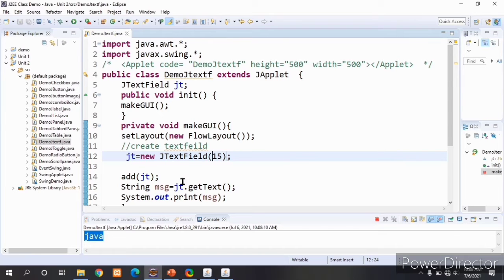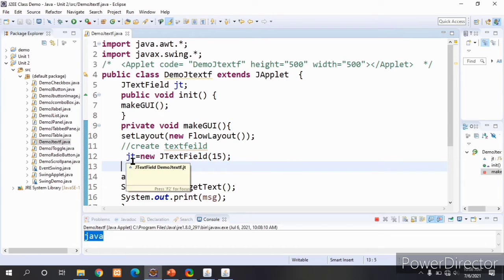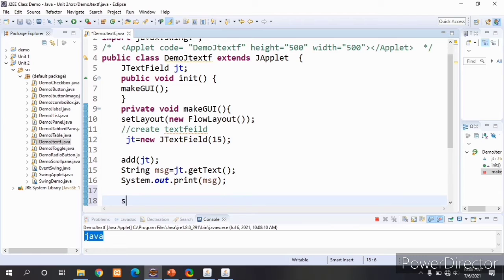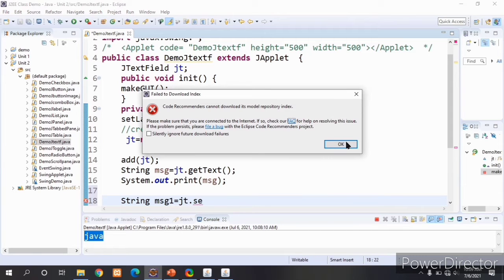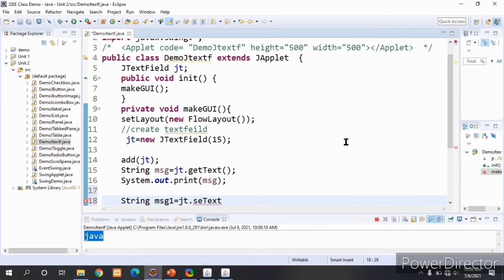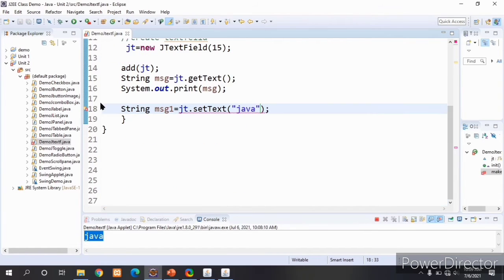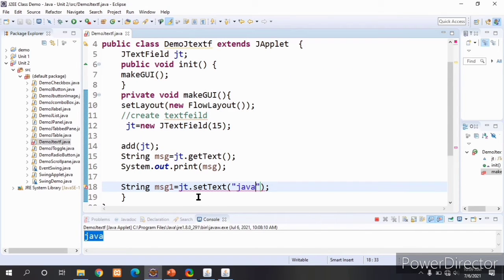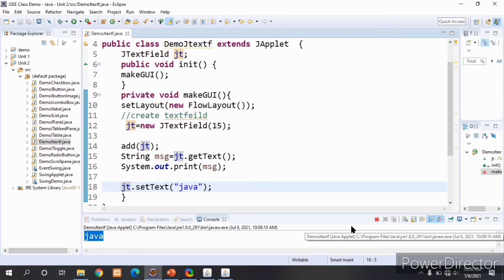Next I will declare another string variable message1. message1 equal to jt.setText. Sorry, I am just setting the text field text to Java.